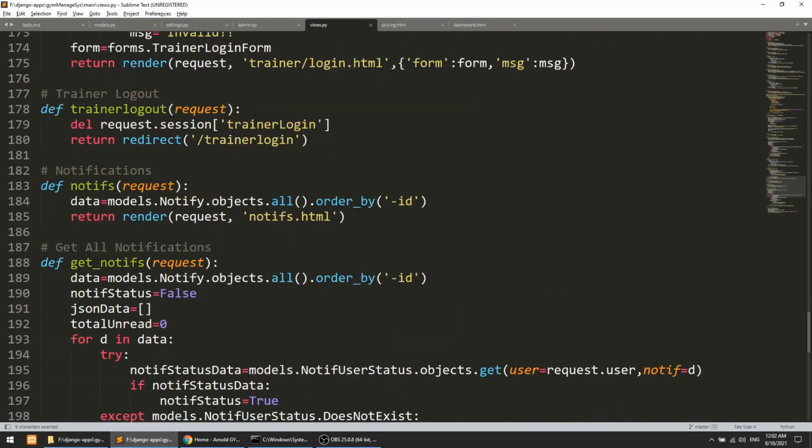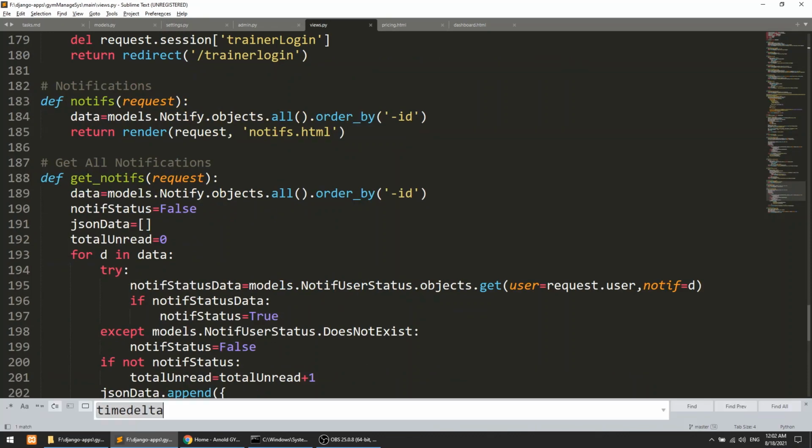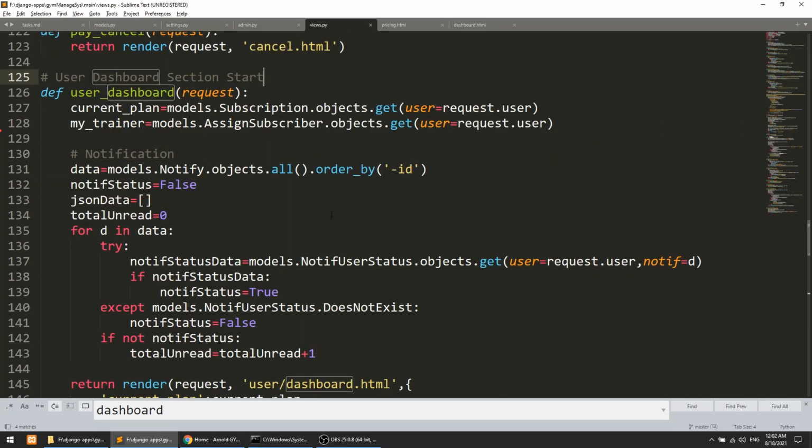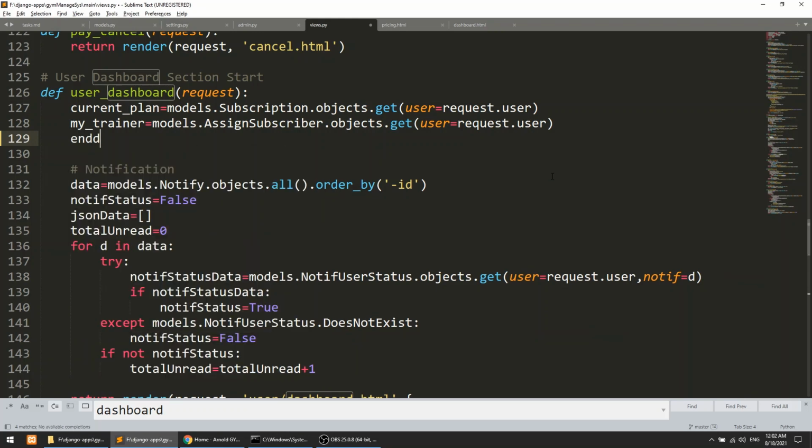Okay, so here is the dashboard. What we need to do is add the plan's validity days to the subscribed date. So here we have a plan. Now what we will do is end date equal to